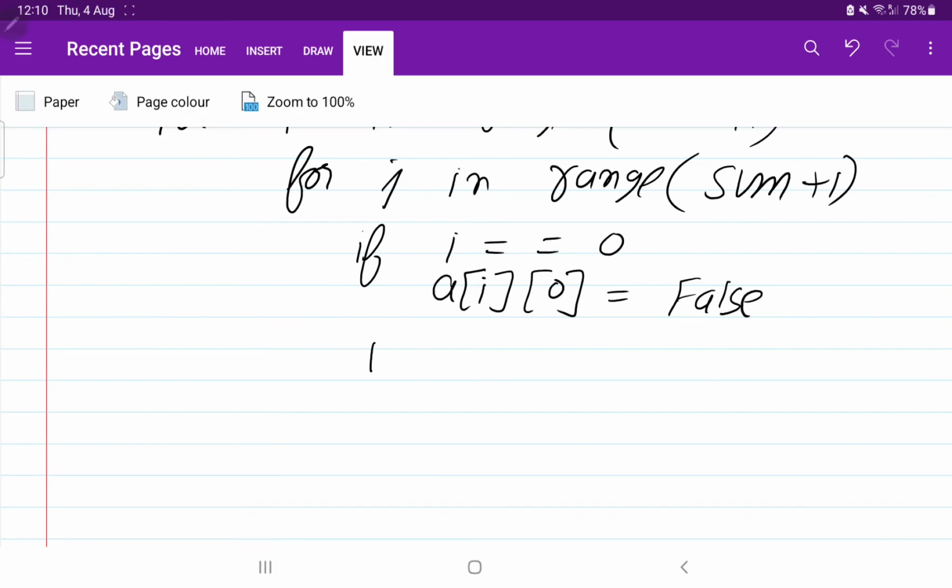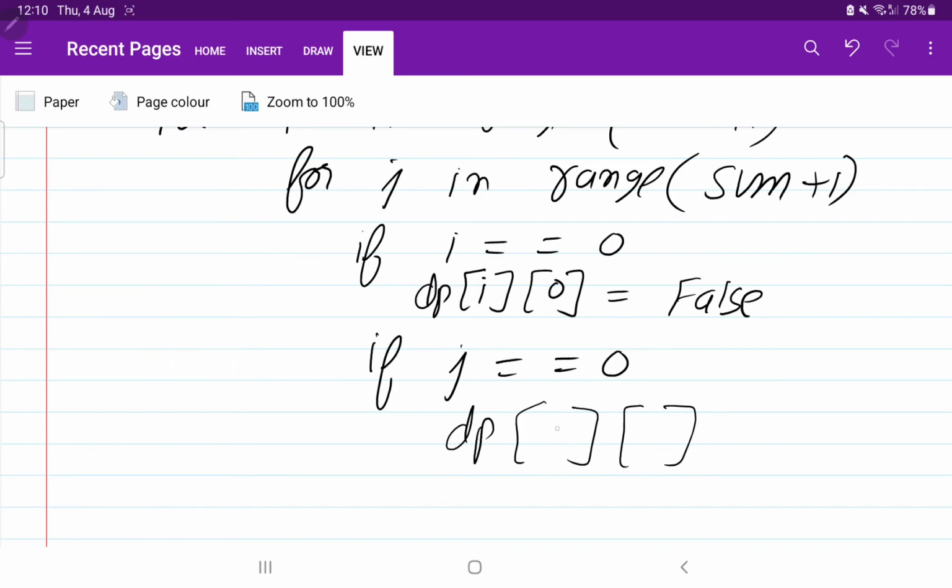And if j is equal to 0, then this is dp, not a. dp element of 0 comma j, we have to fill this with true.